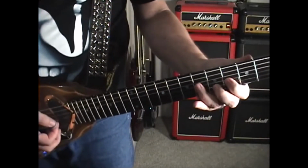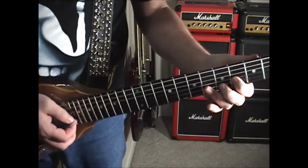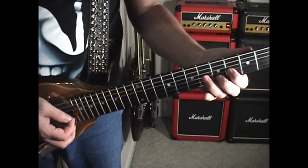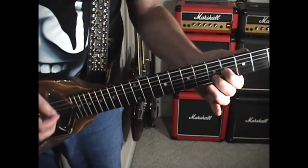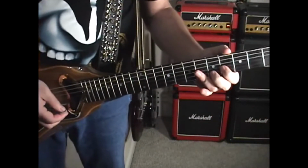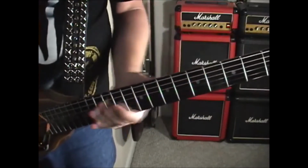Then we just hammer on our ring finger and pull it off, all with one swoop. Okay, just one pick. It's going up to the 6th fret of your G string. Then pull it back off and hit both strings as you pull them off. You're pulling off and hitting both strings. Then, which is simply